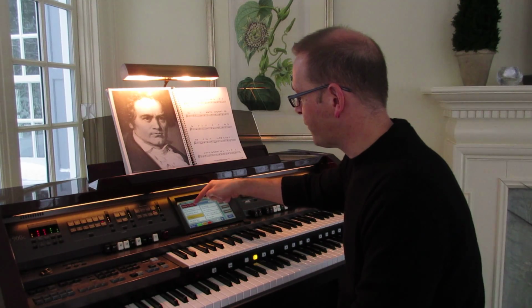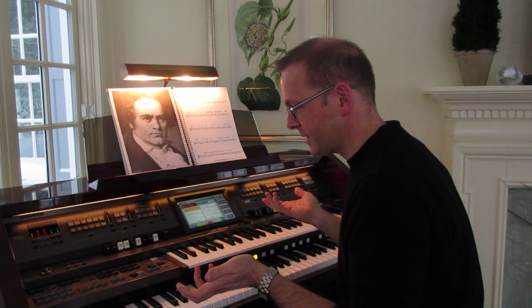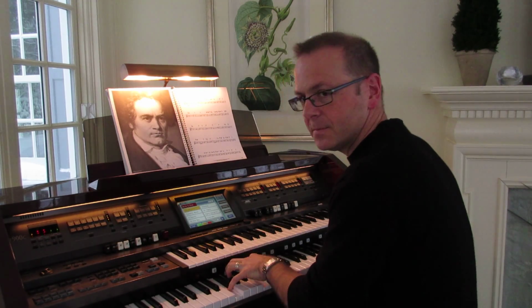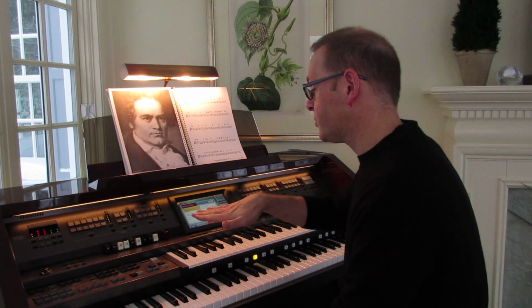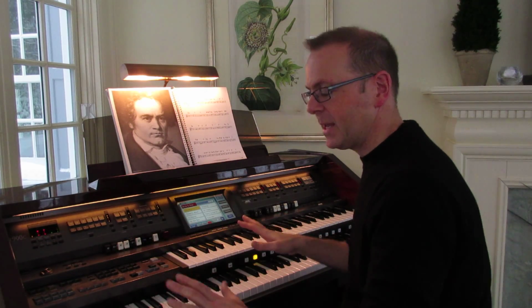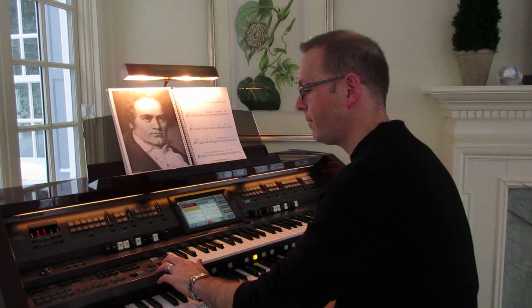All right, so let's go to the first preset I want, right? And there, it has piano and string in the left hand, and a pedal sound. If I don't want that, I would turn off all the sounds, silent, silent. And now if I touch the pedal and the lower buttons, that will now lock that, basically. Lock the pedal and the lower the way it is right now, so I can go through the other presets. So if I have a rhythm style on,